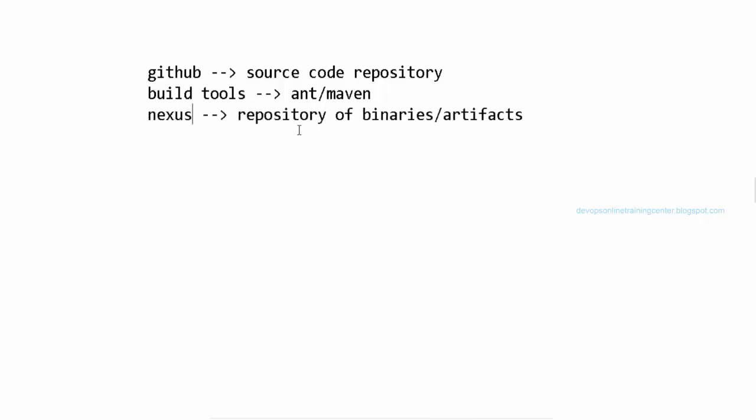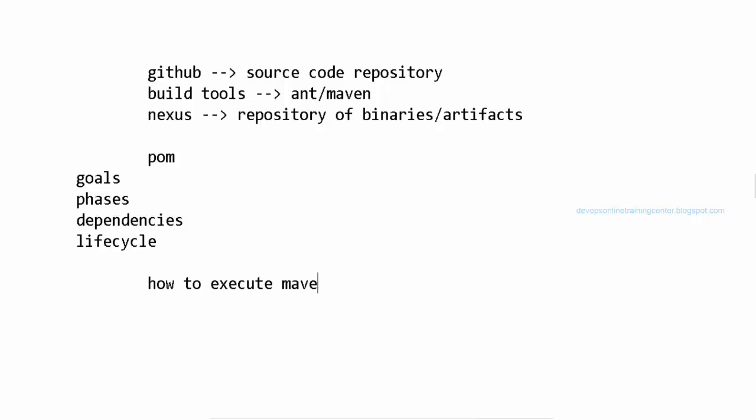So we'll start with Maven tomorrow, understanding Maven, understanding POM, and in POM we have goals, phases, dependencies, life cycle, and how to execute a Maven command, how to execute a Maven goal. So what is pom.xml? We'll take a simple example, we'll convert that to a binary, and we'll see how jar files are getting generated, and